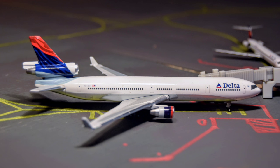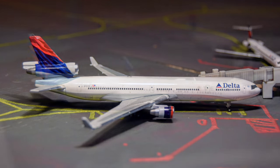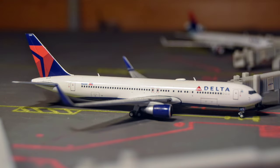He arrived in from Frankfurt 2 hours ago, and he is scheduled for departure out to Sao Paulo in 5 hours time. Next up, we have a Delta Airlines 767-300ER. He arrived in from London Heathrow about 2 hours ago, and he's scheduled for the turn back out to London